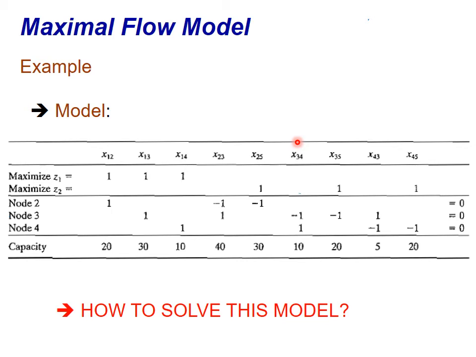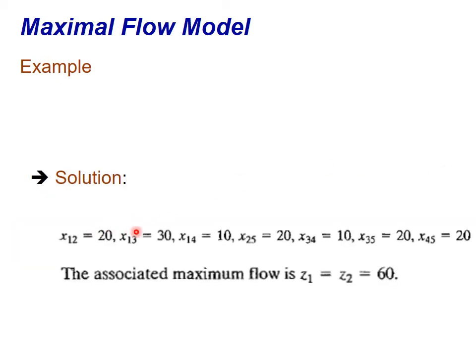And as I told you, in this course we will not learn the Ford-Fulkerson algorithm. There are algorithms that solve the maximum flow problems. In this course, we will solve such problems using a commercial solver, like the CPLEX OPL. And when you use CPLEX OPL to solve this problem, we see that the amount of flow from arc 1-2 is 20, 1-3 is 30, 1-4 is 10, and etc. And the maximum flow is equal to 60. So look,